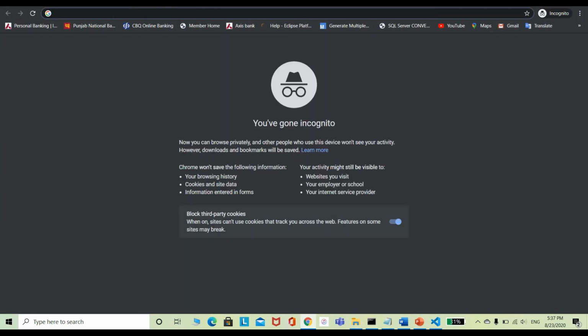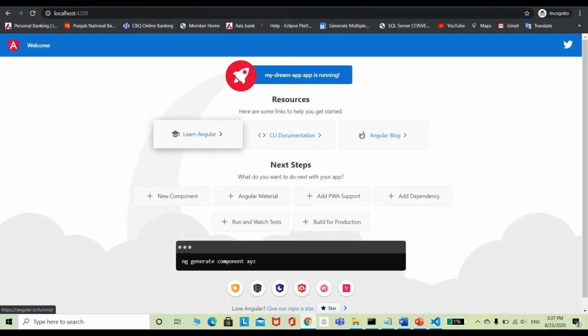Now for example, I'm pasting it over here. So now you can see this on the screen. What is happening now is that the program that is by default available in Angular is being executed. So this is the example of how to set up the project for an Angular application.